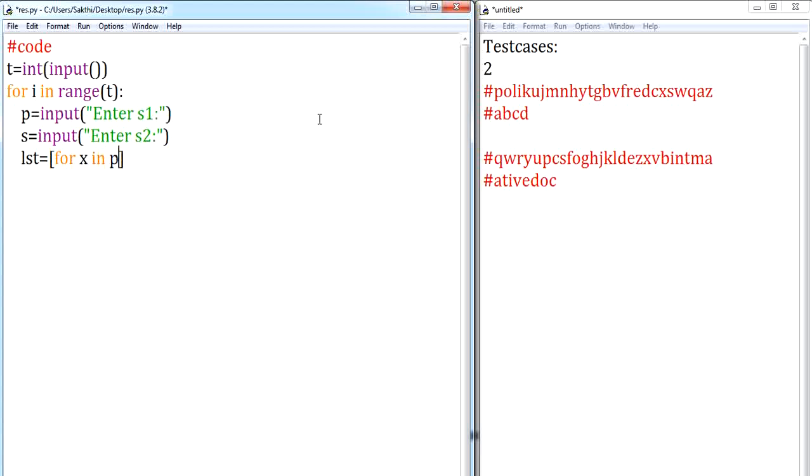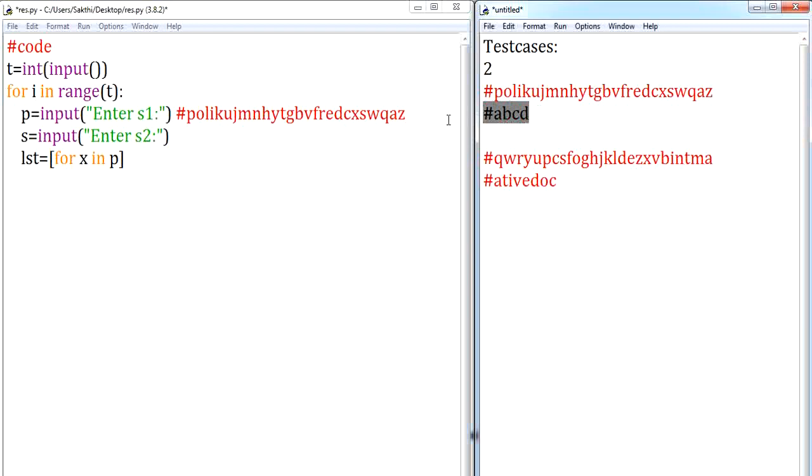So what happens here, let us assume this is your P value I am giving here, and let me assume this is your S value I am giving here. So how am I going to do this operation? First, for x in P. Each and every character from your P will be taken, and I am supposed to compare with S. So I will write, if x in my S. Clear?